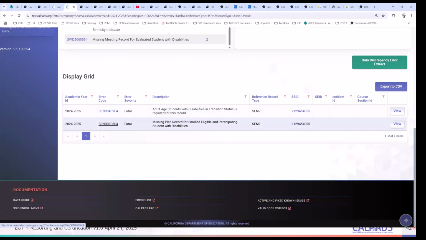The 0606E4 is a common issue in CalPADS, especially when a student moves from one LEA to another and the subsequent LEA is missing some key pieces with regards to the required SPED data. Okay, so let's look at SCNR 0606E4.